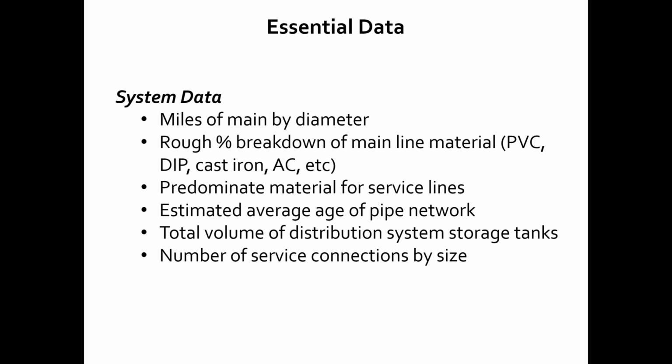There are just a few more items on the network that are helpful for this analysis. For your top-down audit, you did have to tally up the total miles of main. For this next step, we want to go just one level deeper and understand the miles broken down by size and then roughly by material. If these are in specific numbers, that's great. It's also workable if you just have rough estimates. So much PVC, so much metal line, AC, etc.